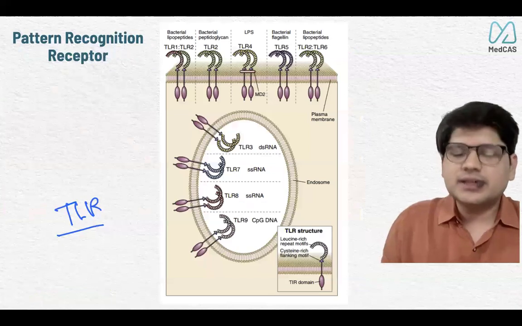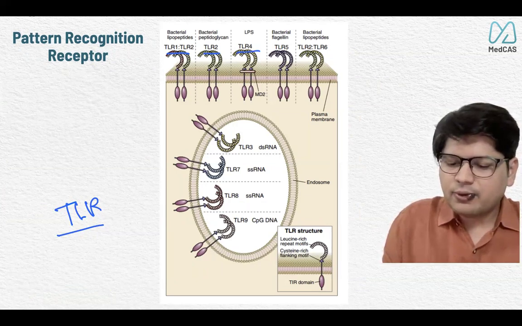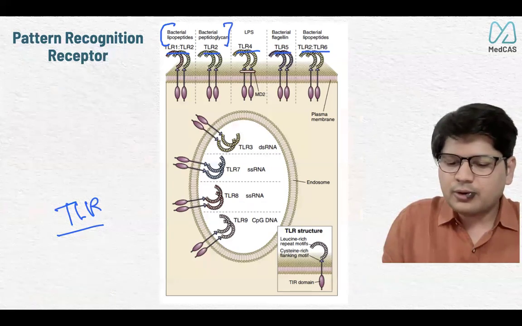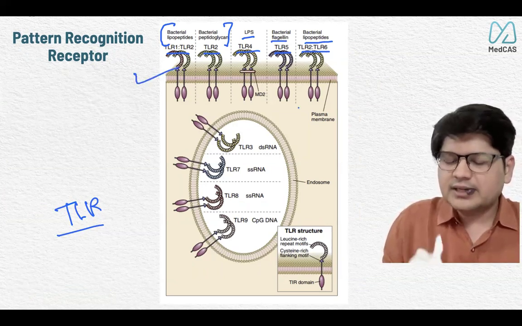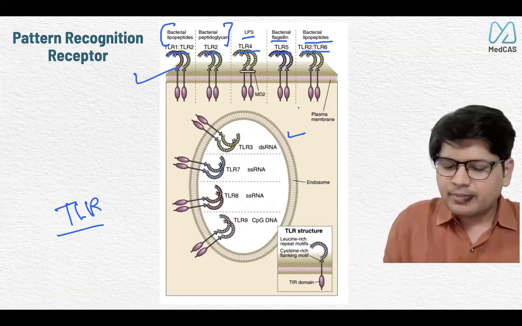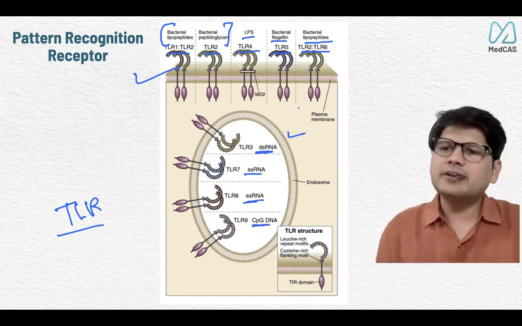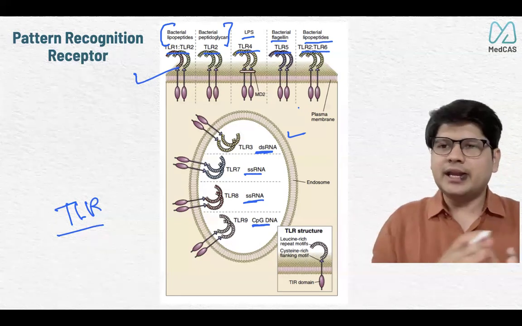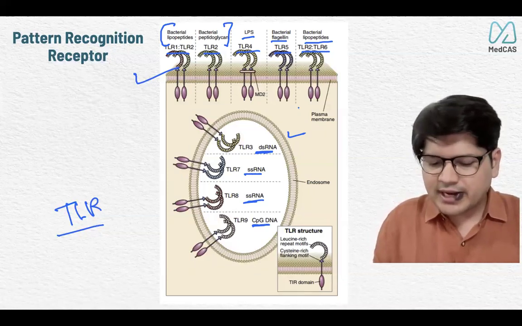If you see in this TLR family, TLR1 and 2 in a pair, TLR2 in a pair, TLR4, TLR5, 2, 6, they identify bacterial lipopeptide, peptidoglycan, LPS, flagellin, or lipopeptides. These are identifications at the cell surface level. Sometimes they are intracellular or at the endosomal level, which identifies viruses by identifying DNA and RNA, right? We have DNA viruses, we have RNA viruses, and they get identified in this structure. Okay, so this is how it gets identified.